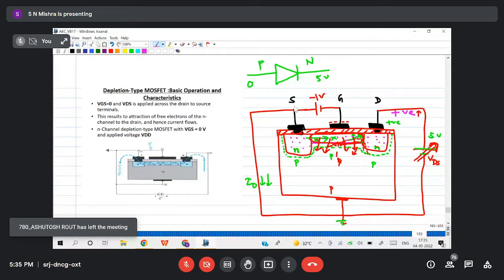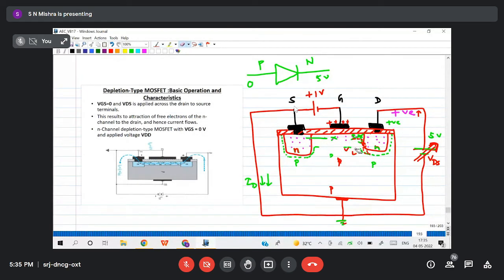Now this is the case when I connect negative voltage. Now when I connect positive voltage, tell me what will happen. Suppose I connect plus 1 volt here. So this is plus, this is plus, this is plus. When I apply positive voltage across the gate, what will happen? This positive potential,